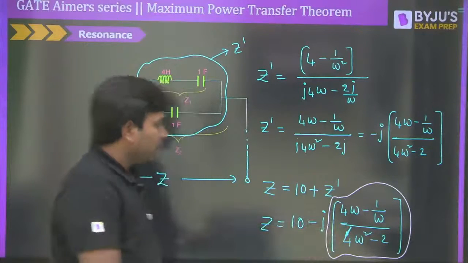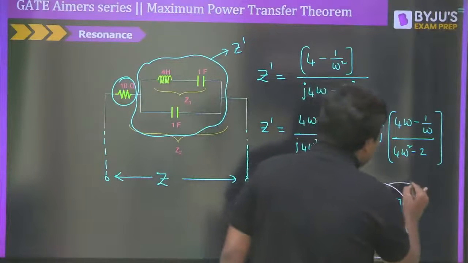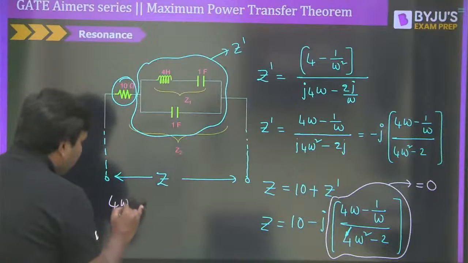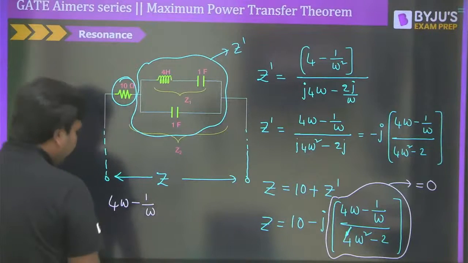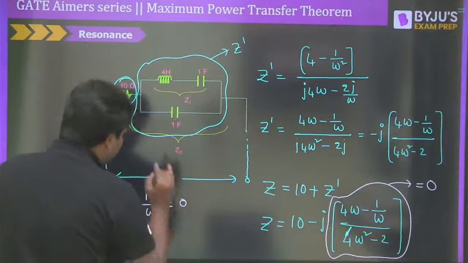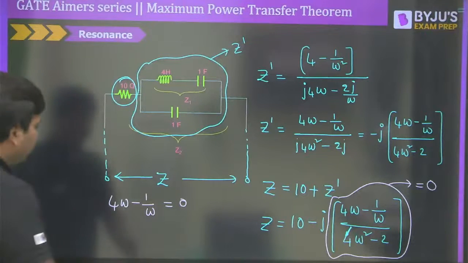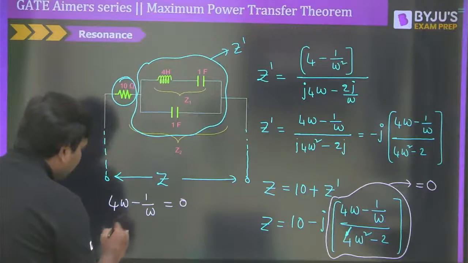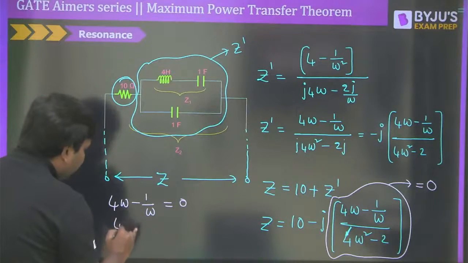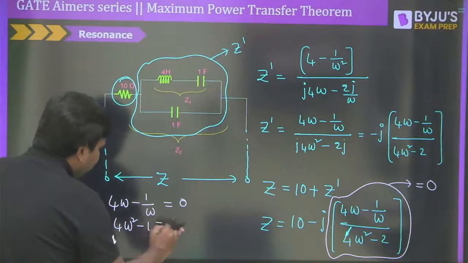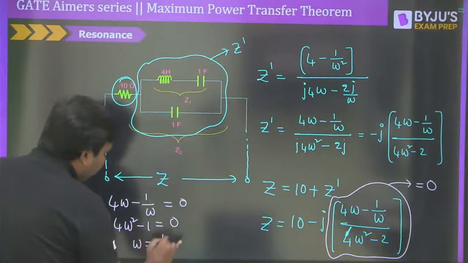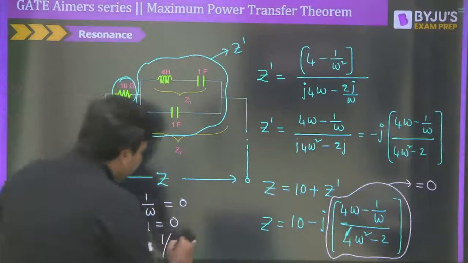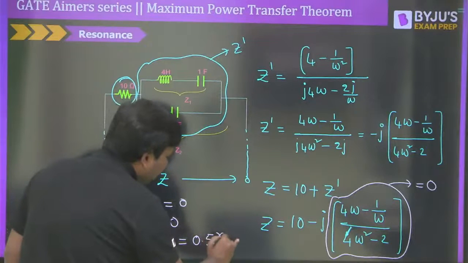Okay, so for this imaginary part, now it must be equal to 0. How do we get this one? So therefore we can say 4 omega minus 1 divided by omega all the way, this must be equal to 0. So relax, slowly do this one. So from this, again 4 omega, so this has to be 0, right? So 4 omega square minus 1 is equal to 0 and omega is equal to 1 divided by 2. Am I right? So please look at that. 1 divided by 2. Do you have that value? It is equal to 0.5 radian per second. But Madhu, I think your answer is wrong, right?